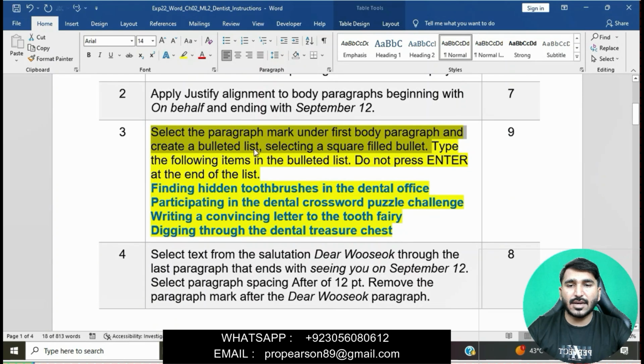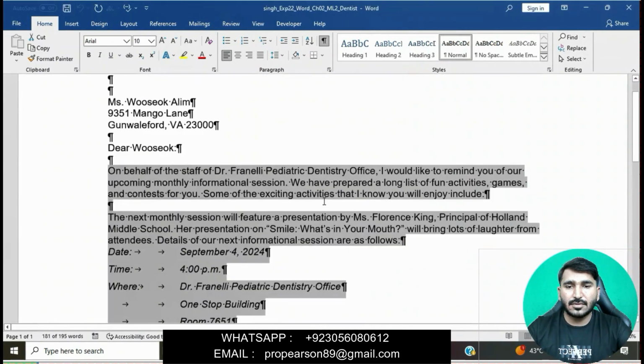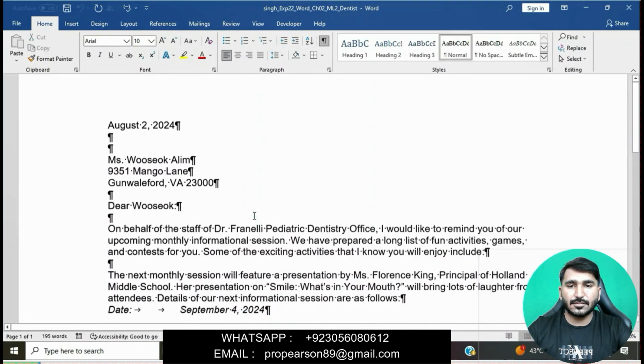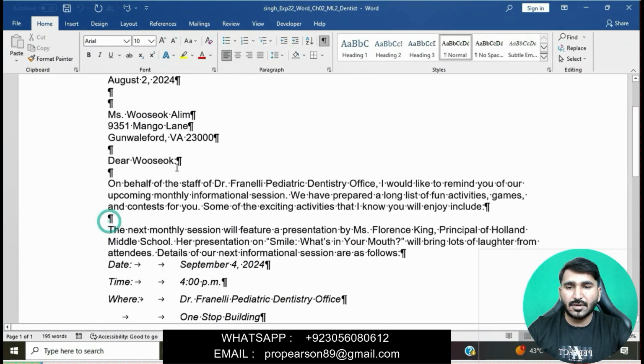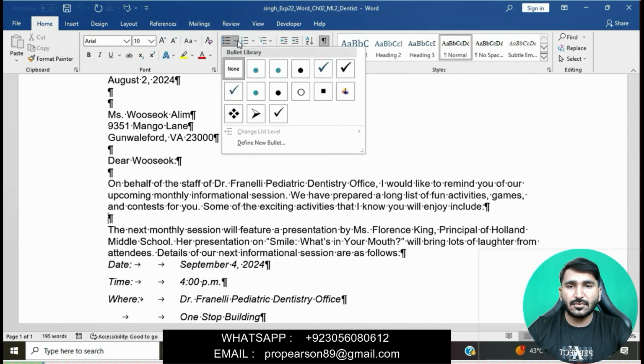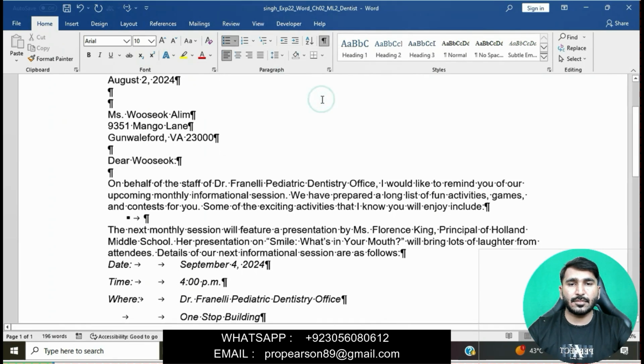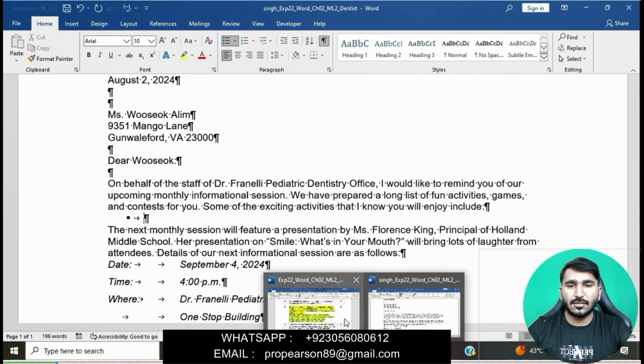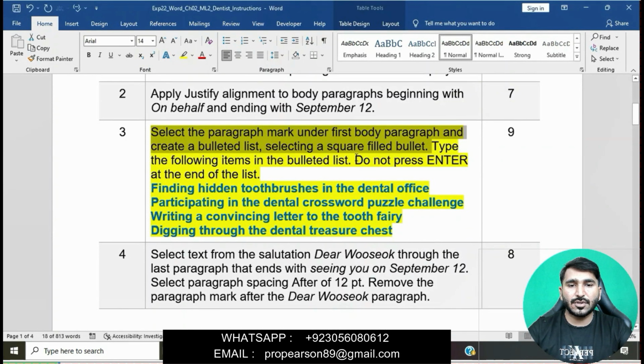First we select the paragraph mark under the first body paragraph, then we go to the bullet library and apply square filled bullets.